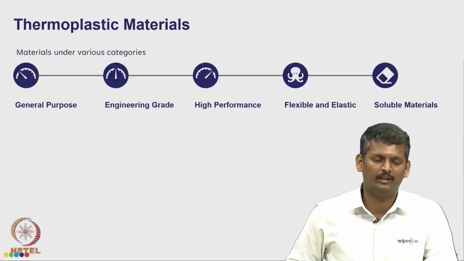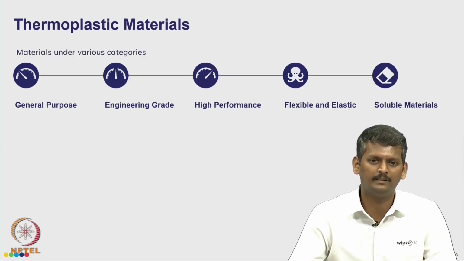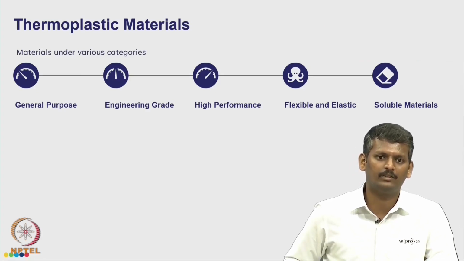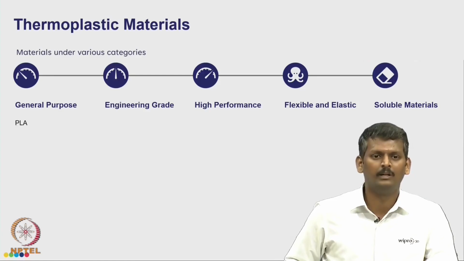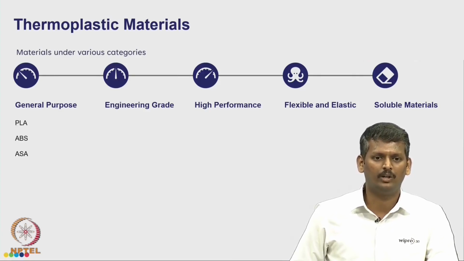What we have seen in the case of thermoplastic is detailed classification of this material itself, that is general purpose, engineering grade and high performance. These are some common materials, and the other thing is flexible and elastic material, and finally we have seen soluble material. In the case of general purpose material, we have seen polylactic acid, acrylonitrile butadiene styrene, acrylonitrile styrene acrylate, polyethylene terephthalate glycol, polypropylene,